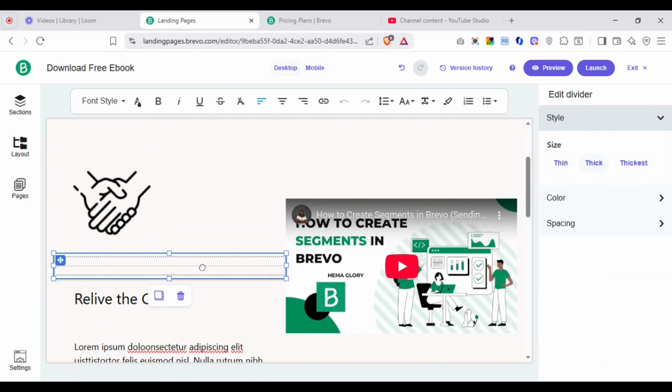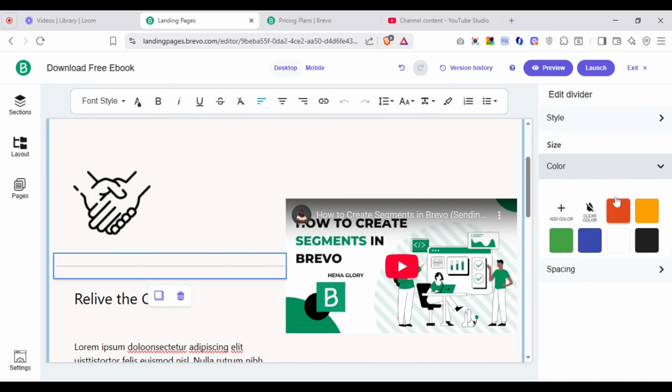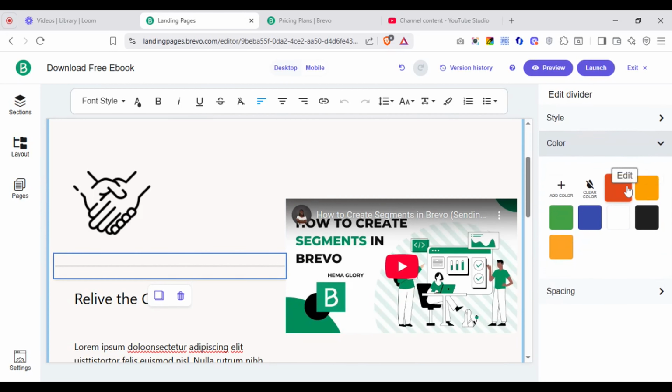So as you can see, this is the divider, and you can edit this divider to whatever you want. You can make it thin, you can make it thick, and you can make it the thickest if you want. You can also adjust the color of your divider. You can use any of your brand color, and if you want another color for your divider, you can just